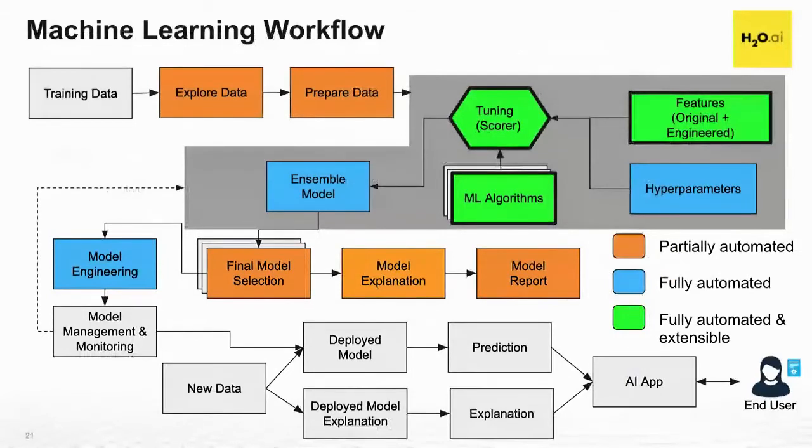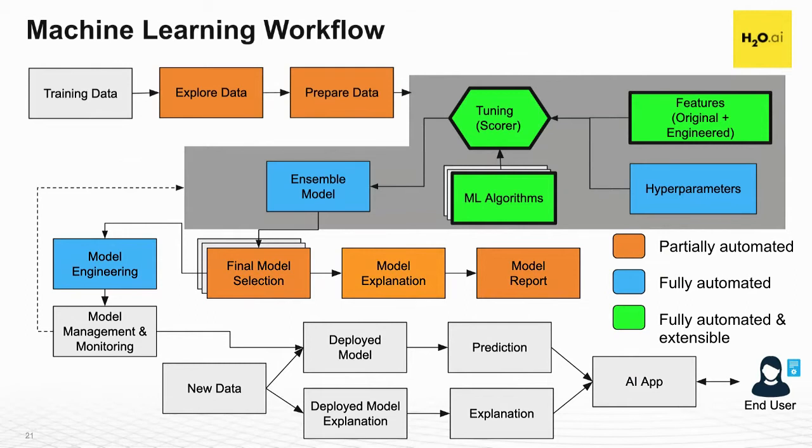So if I take another look at that same workflow, right, and we look at where we have different automation in AutoML by some of the more leading tools, this is where I would say the current state of the art in automation is, right? So looking at exploring the data, doing some amount of preparation to get that data ready for the algorithm, right? And I say partially because there's a lot of work happening in this preparation phase, and more and more automation happening. There are some vendors on the data prep side that are doing some of this. There are some folks in the machine learning part that are doing some of this. And so that's definitely something that's continuing to evolve.